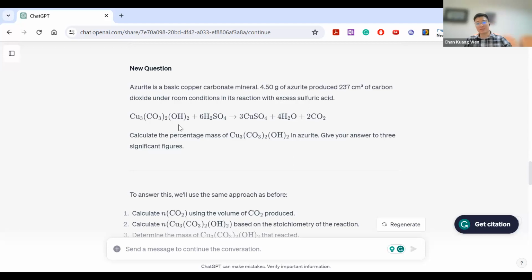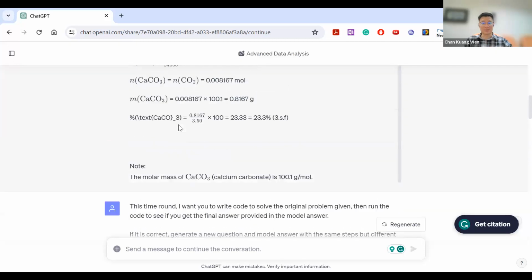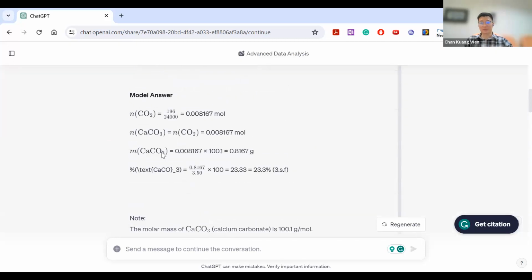So in the other experiment that I've done, I have given it exactly the same chemical, which is calcium carbonate. I have variants of how calcium carbonate is used in the statements, so it is still calcium carbonate. I asked it to keep to the same chemical, but I rephrase the question and reorder some of the statements, so that the variability is not in the chemicals or the values, but in the phrasing of the question.